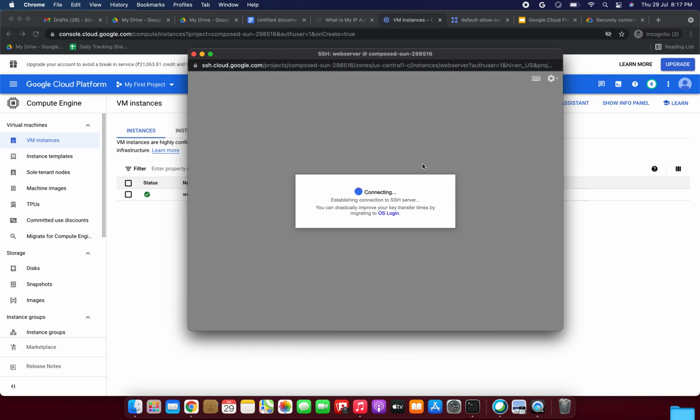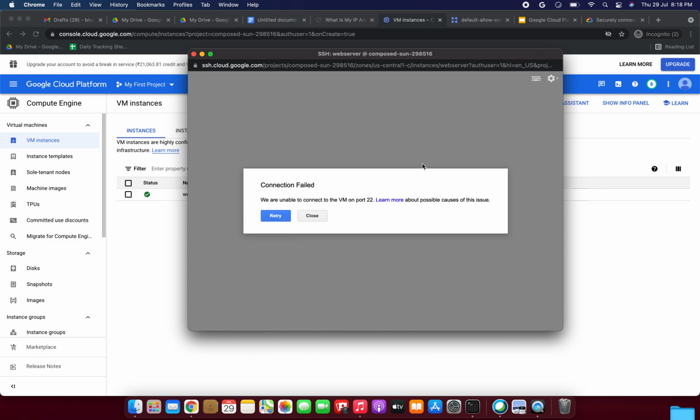We have modified the firewall rules, so definitely it will not come. That's the output. We couldn't log in. We couldn't SSH into that web server because we have modified the firewall rules. We have updated our IP address only. We didn't update the source IP as 0.0.0.0. If we update that one, around the world we can access, but we have updated our IP address only. So definitely we can't log in to this web server.